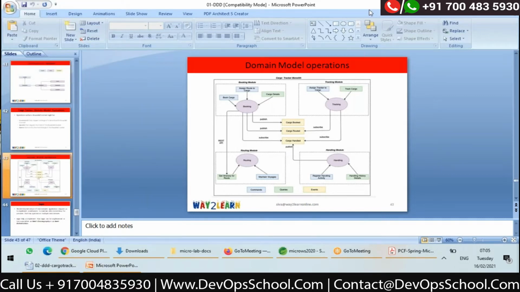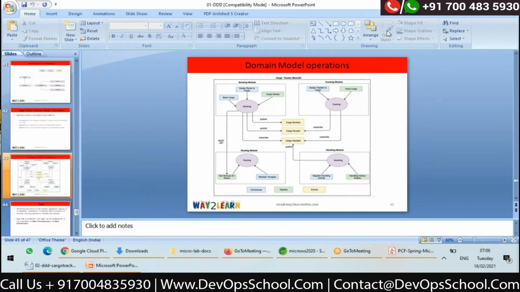Before we get into domain-driven design, it is pretty much required if we go for greenfield development, meaning from scratch, you understand the business and then go for a microservices-based implementation. Correct? Even when you already have a monolithic application and want to decompose it, you need to refactor your code.